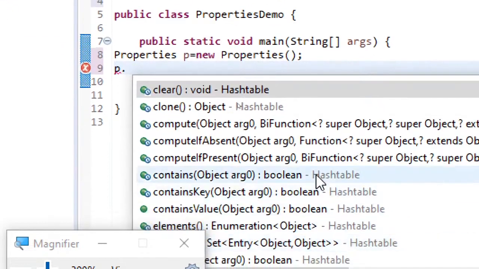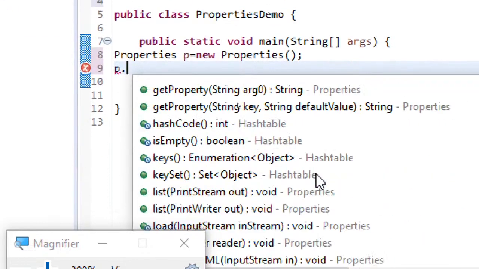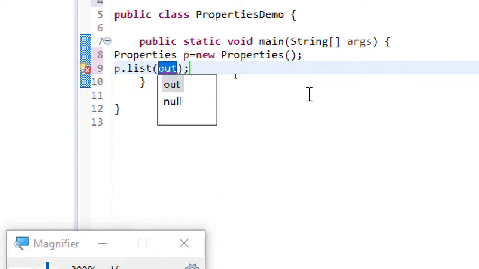search for a method list. Here you can see p dot list, and here we will be using list of system dot out.